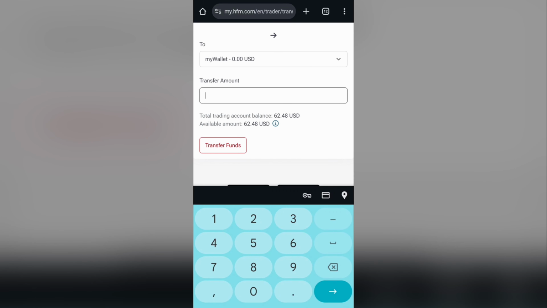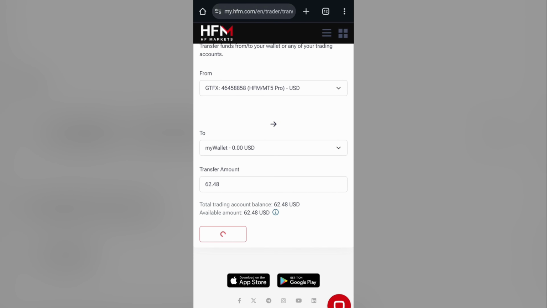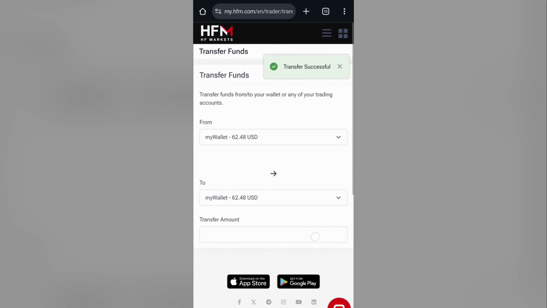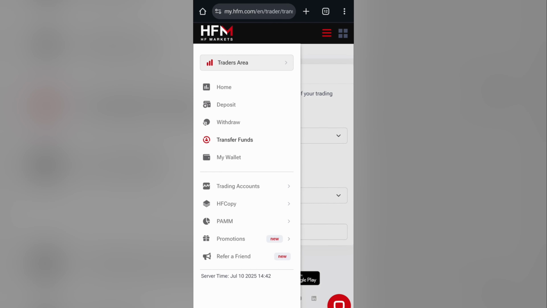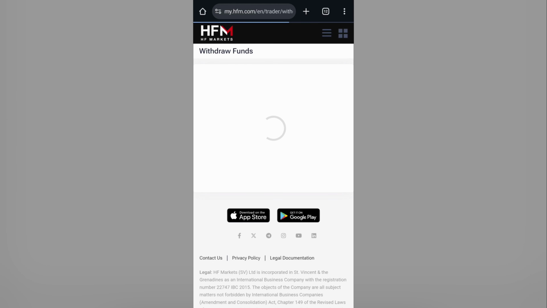For me, it's $62.48. So we'll take out the entire $62.48, then tap on transfer. Great. So the transfer was successful. Now that we have $62 in our wallet, we tap back on the three lines at the top of the screen, and we can now see the option to withdraw that's above transfer funds on the left side of the screen. We tap on withdraw,